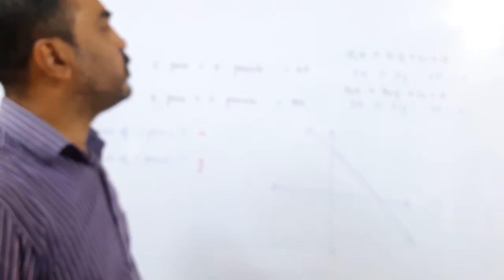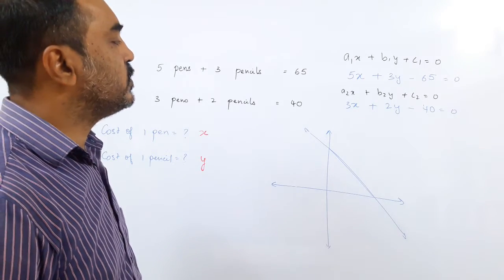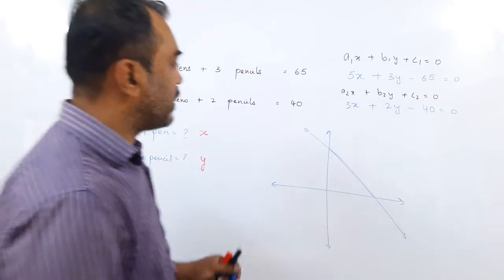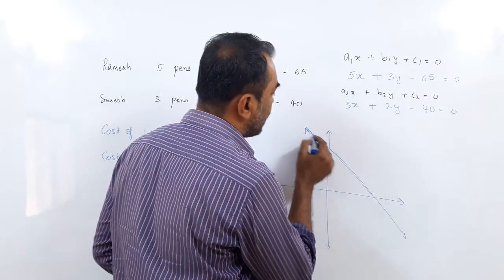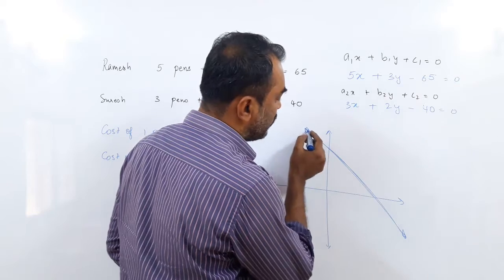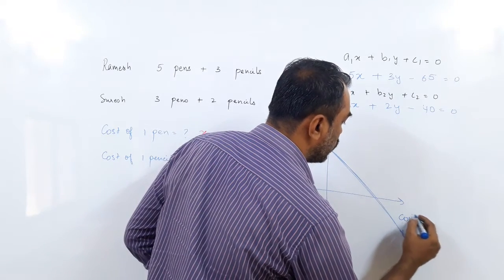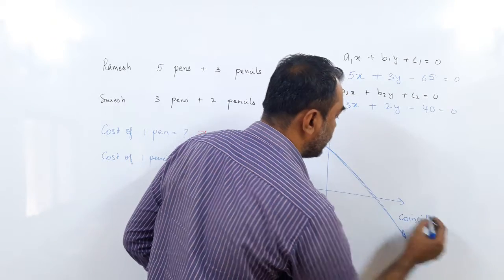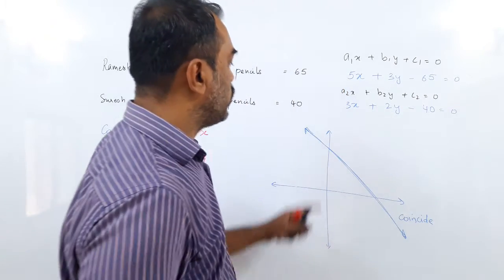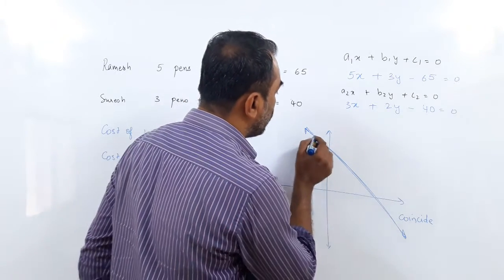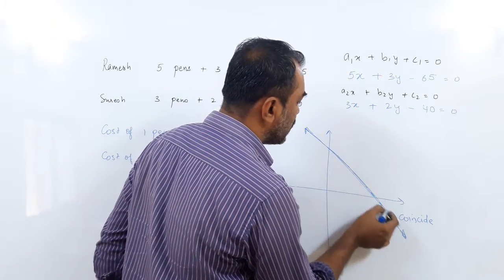Now here there will be 3 possibilities. Which three possibilities? When I draw this second line, the second line can be exactly on the first line. When the first and the second line are exactly the same, then we call it coinciding. Coincide means one over the other. So you can see all the points on the one line are all the points on the second line, all the points are the same.